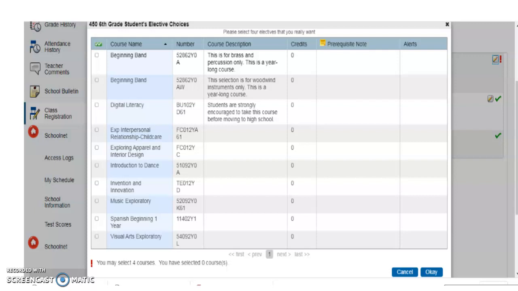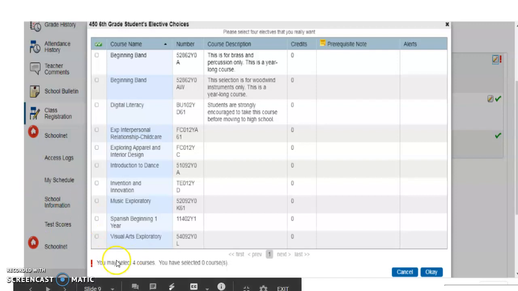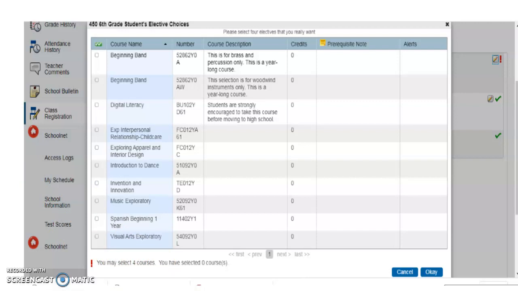Again, because they will have one elective per day for a certain amount of time, and it just depends on the time that they're taking it. Quarter, they'll of course have 4. Semester, they'll get 2. Year-long, they'll get 1. I say all that to let you know that however many courses your child's middle school asks you to give does not mean that they're going to get those